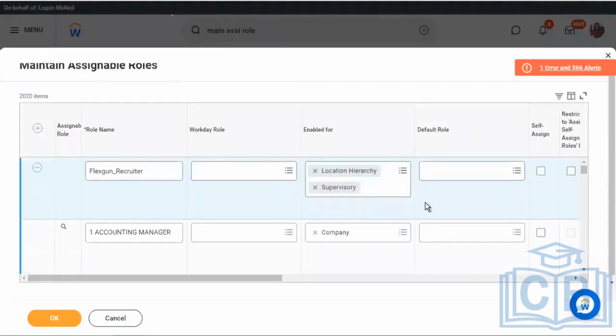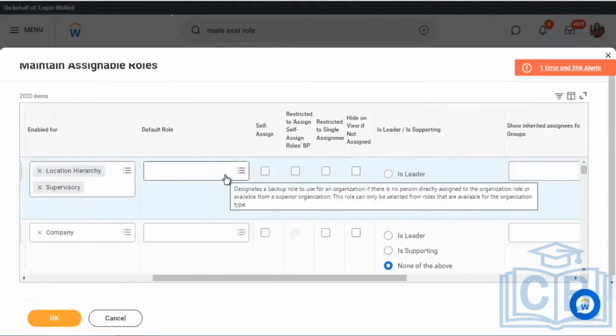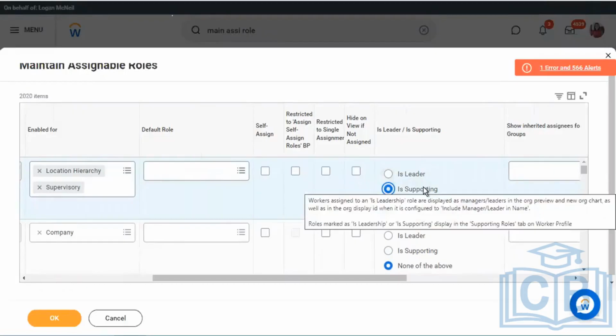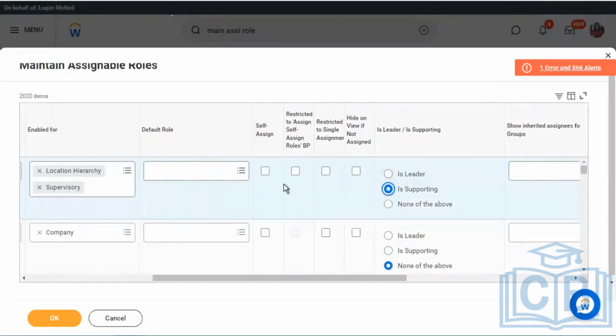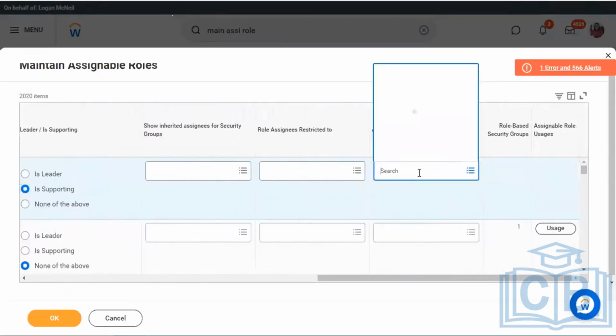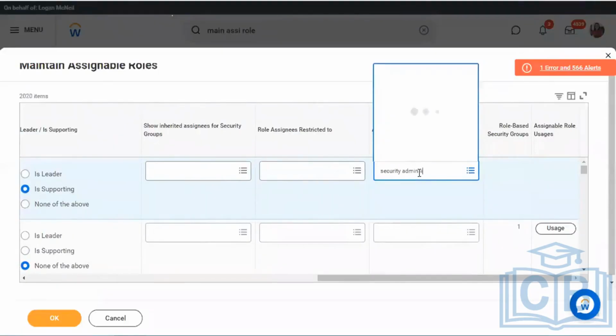Mike will be the recruiter, and then a few of the smaller checkboxes you have to enable. If this is for a role-based group, you always pick "is supporting". If this would have been for a role-based unconstrained, you would pick "his leader". There are some descriptions which you can definitely go through to see what that means. And then you always have to add who will be the administrator, who will be managing these groups. That is always your security administrator.